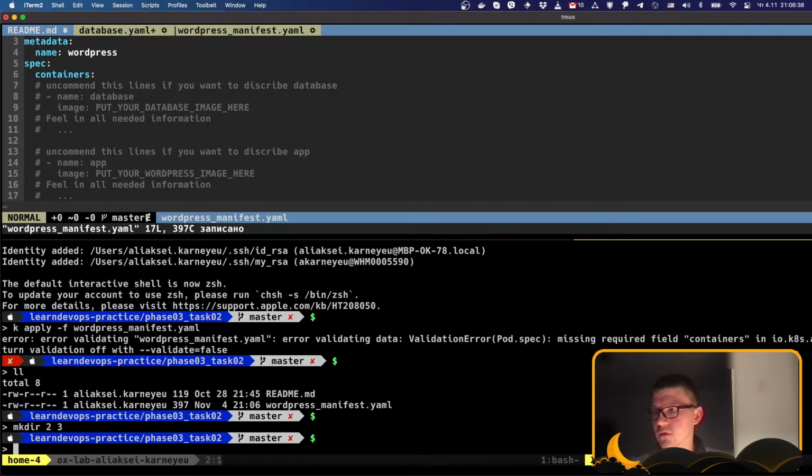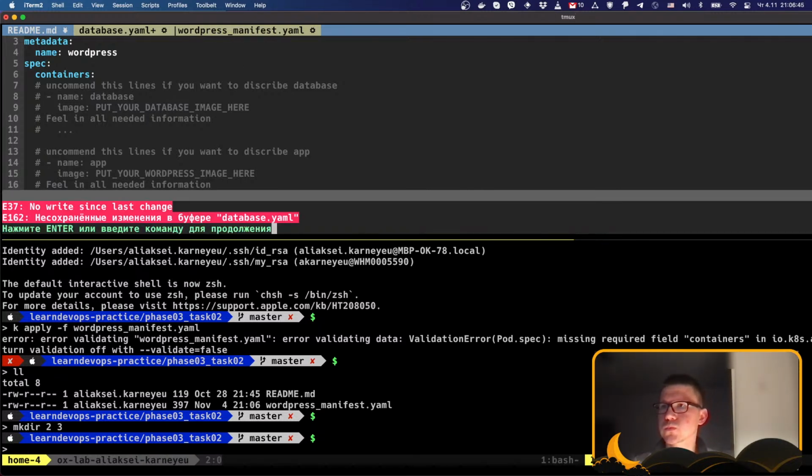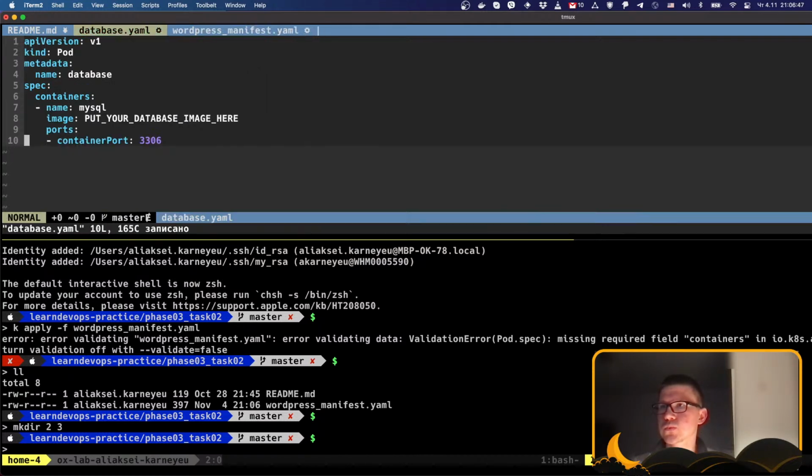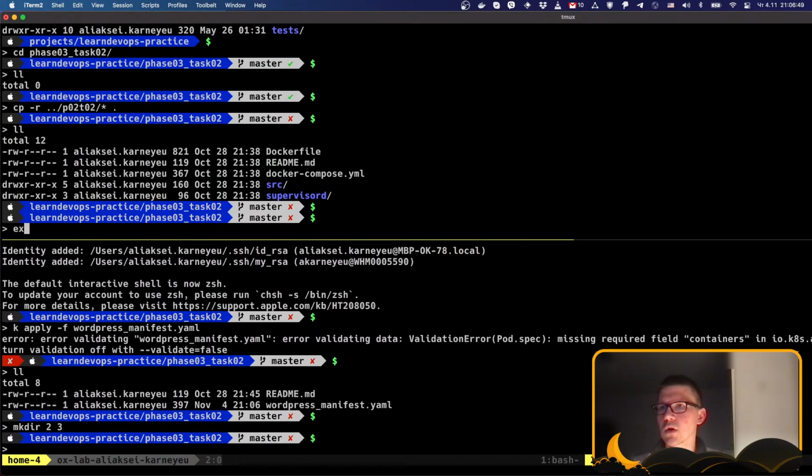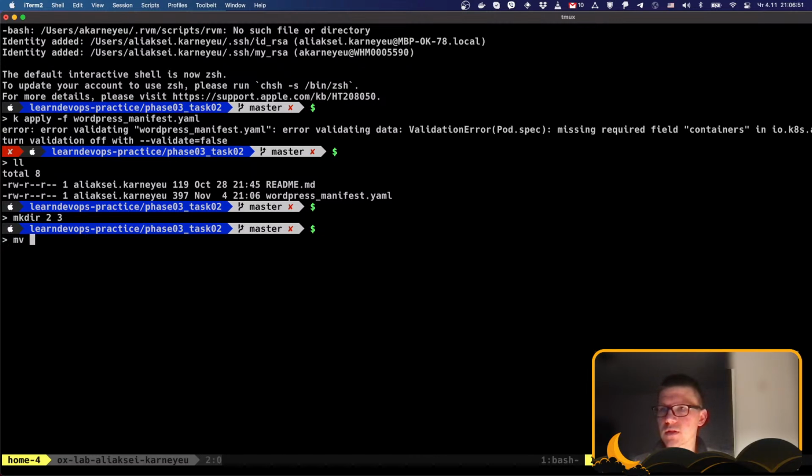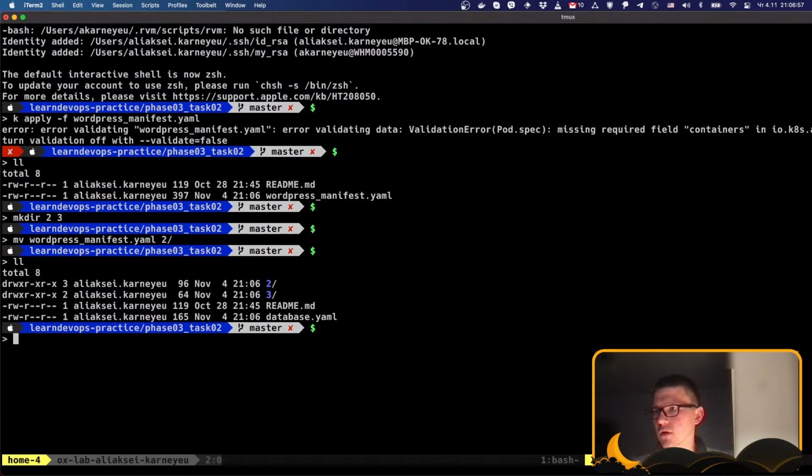Okay, and move. Let's move the WordPress manifest to 2. What do we have here? Let's move database to 3,